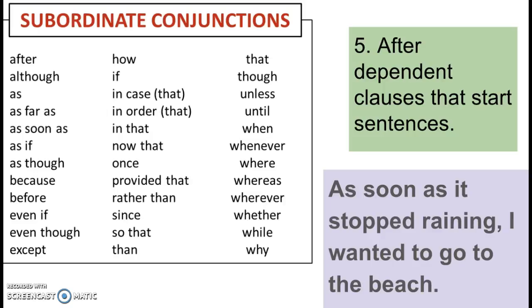As soon as it stopped raining, not a complete sentence. You need something after it for the sentence to make sense. I wanted to go to the beach, period. I wanted to go to the beach could stand by itself. So it's an independent clause. We have dependent, comma, independent clause, period. We've gone over that before. Just recapping. So stop, make sure you have the definition, develop your own original sentence, and we'll move on to our final rule for today,